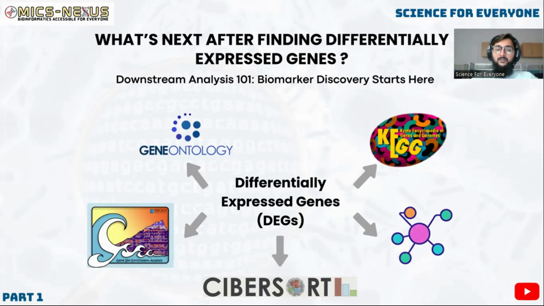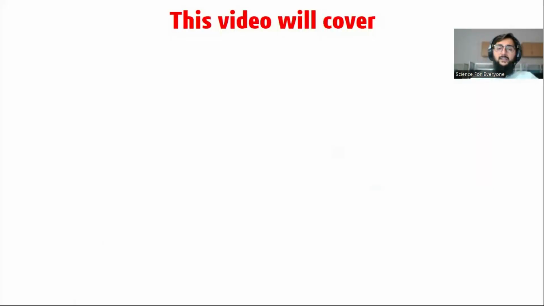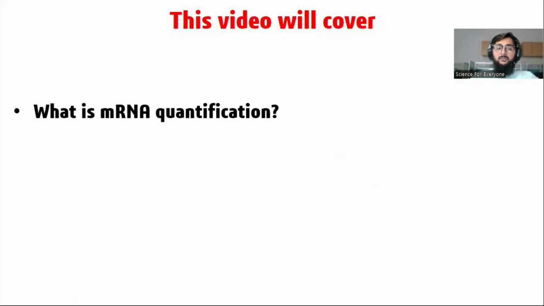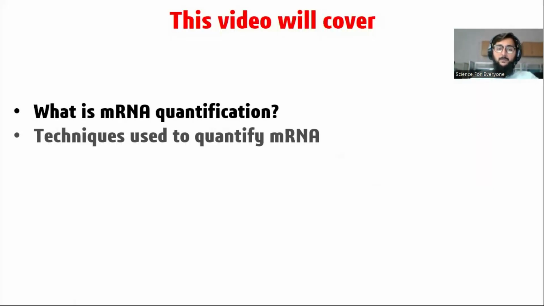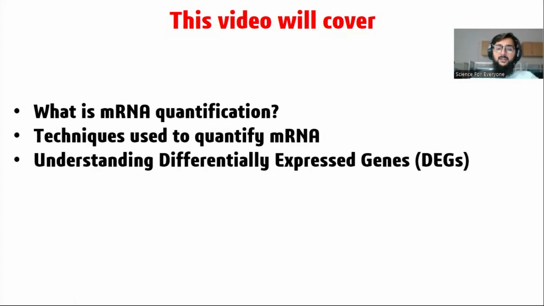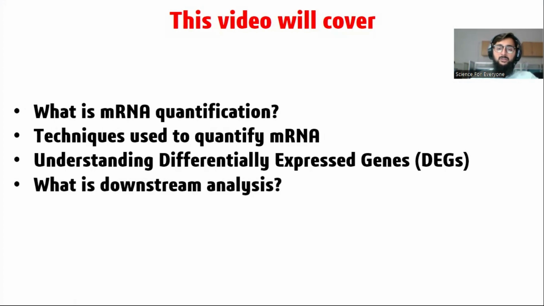I'm starting a video series related to a very important concept in bioinformatics, that is basically the processing of differentially expressed genes using different downstream analysis. So I entitled this video: what's next after finding differentially expressed genes. In this video, I will explain what messenger RNA quantification is, the techniques used to quantify messenger RNA, understanding differentially expressed genes, and what downstream analysis is. So basically these four concepts will be covered, and this video is a basic overview of starting different downstream analysis